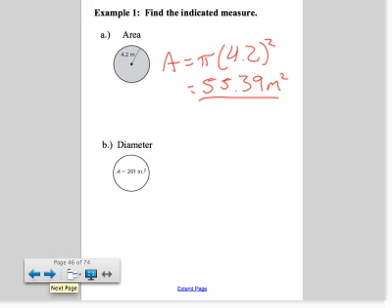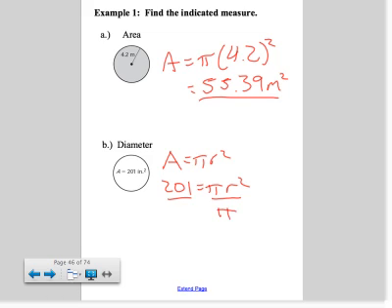In part B here, they're asking us to solve for the diameter of the circle. Because they give me the area, there's no direct way to solve for the diameter, so I have to first find the radius, and then I can find the diameter. I know that A equals pi r squared. I know that A is 201 equals pi r squared, so I'm going to divide both sides by pi, and I'm just going to use 3.14 here, so I have 201 divided by 3.14. If you have a pi button on your calculator, you're going to want to use that. I got